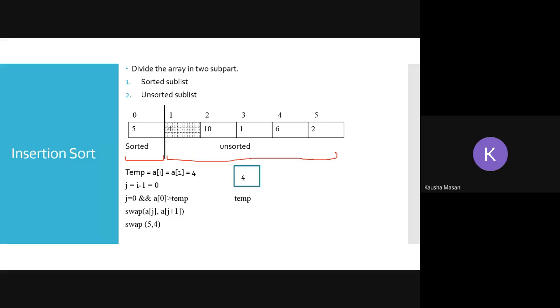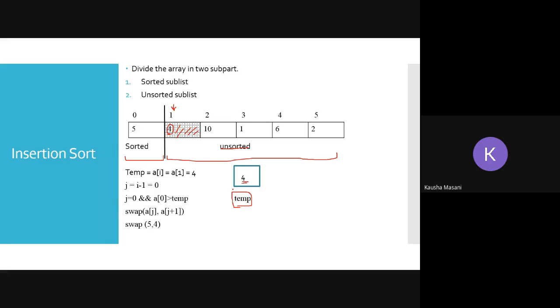Along with these two things, you take a variable called temp. Now, what is the use of this temp? You'll get to know the mechanism, the logic. You pick up the first index value of your unsorted sub-array and place that value in temp, thus making this particular index vacant.